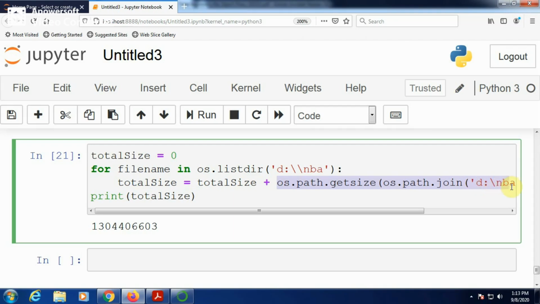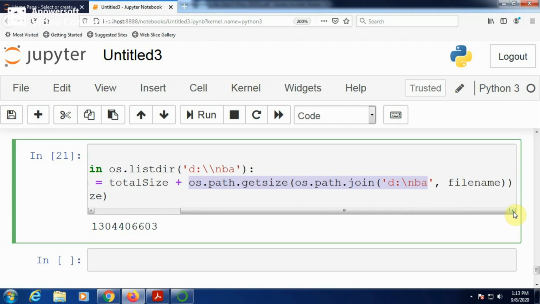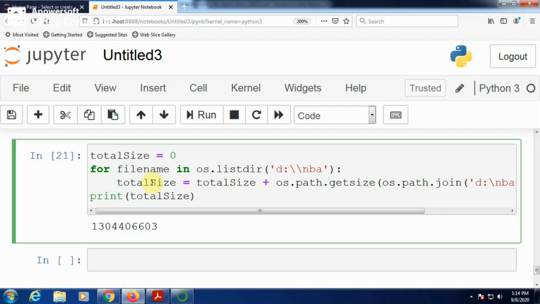You have to give the full path to get the size of the particular file name, and that size will be added to the total size variable. Now this statement will be repeated for each file in the directory list, and after iterating through all the files of the list, the control comes out of the loop and the total size will be printed.